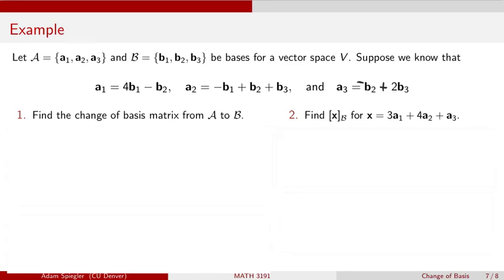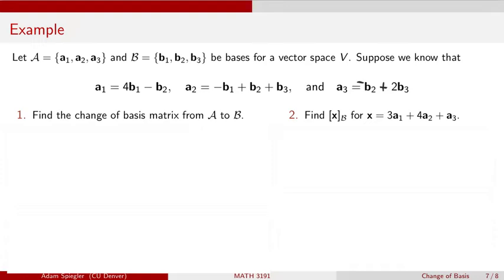All right, welcome everybody. So in this video, we are going to keep working with changing from two different bases for a vector space V and finding a matrix, which is going to allow us to change from coordinates relative to one basis for this vector space into coordinates for a second basis. And thus far, we've been working with an example in R2, but now I want to generalize this to more